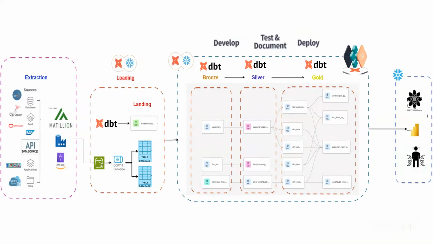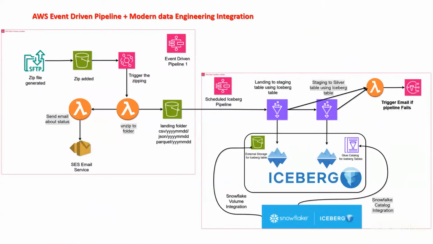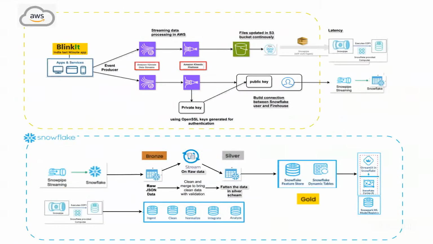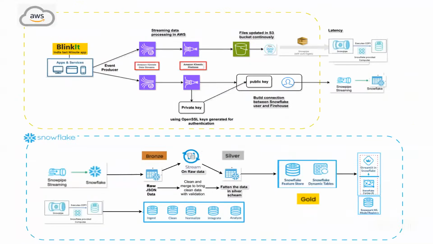And this is a DBT project, an end-to-end DBT project. And then these are the Databricks and Snowpark projects. The same project, how to implement it in Snowpark, I'll be explaining to you. And coming to AWS, these are the simple pipelines. All together, we'll put that into one capstone project, and we'll be using the modern data tech stack. We'll be bringing data from AWS to Snowflake, and we'll be orchestrating that pipeline. And one small project on streaming I'll be explaining with respect to AWS, where we'll try to see how to bring the streaming data in.